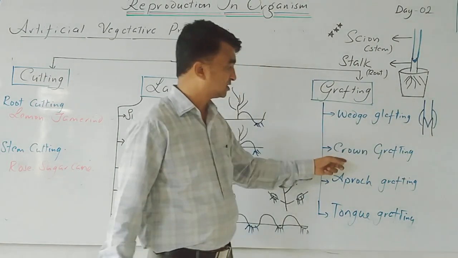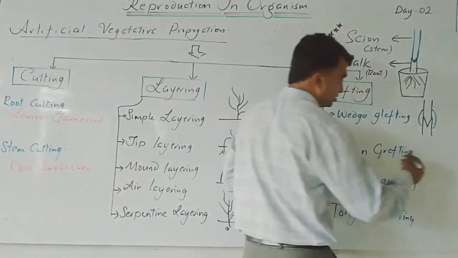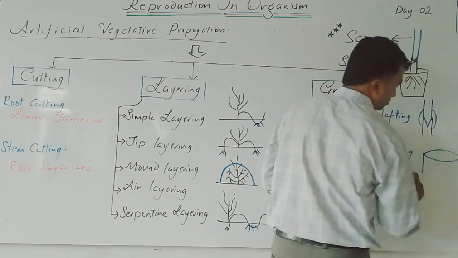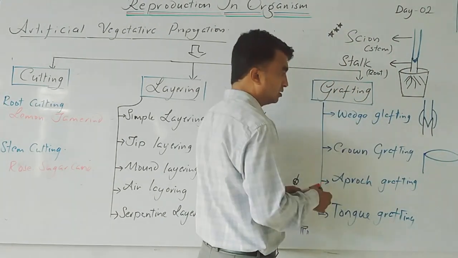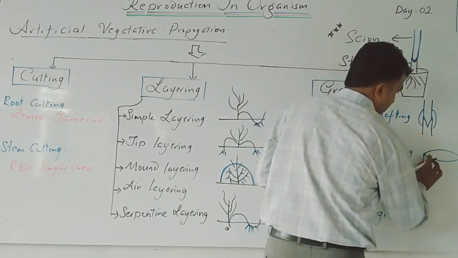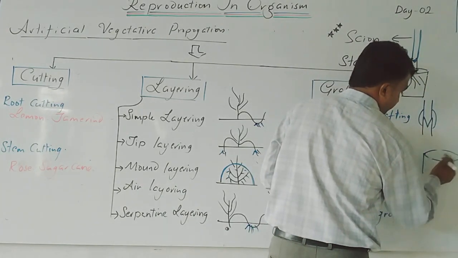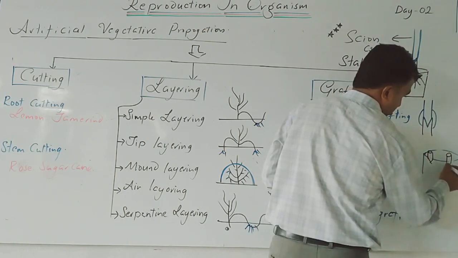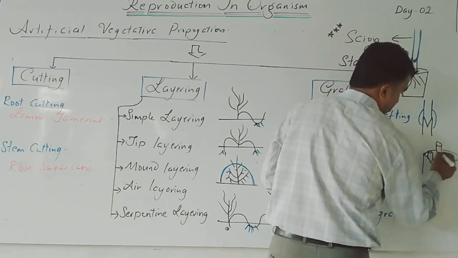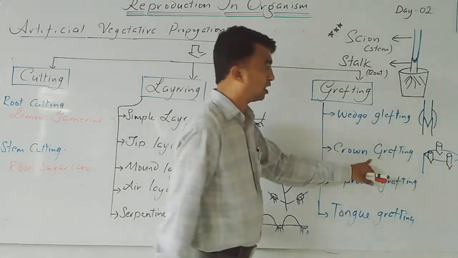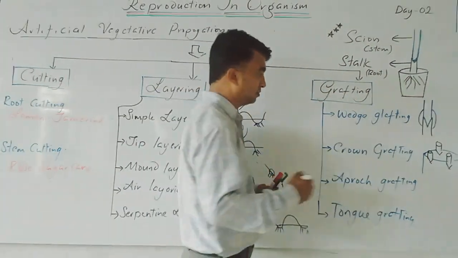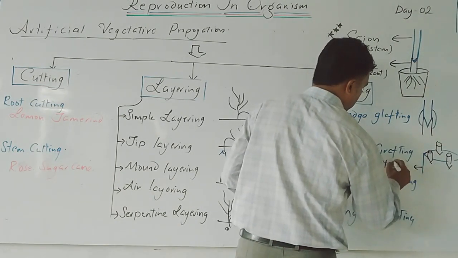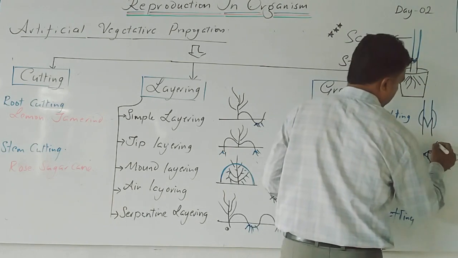Yes? Next, crown grafting. In this case, a large stalk is taken, meaning the diameter is very large. On that, many scions are added. This is one scion, this is another scion, this is another scion. So this is crown grafting. Crown grafting means only one stalk and